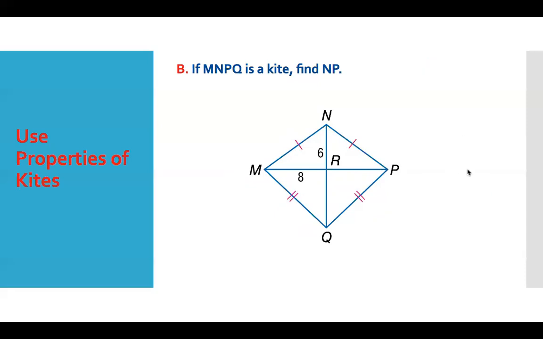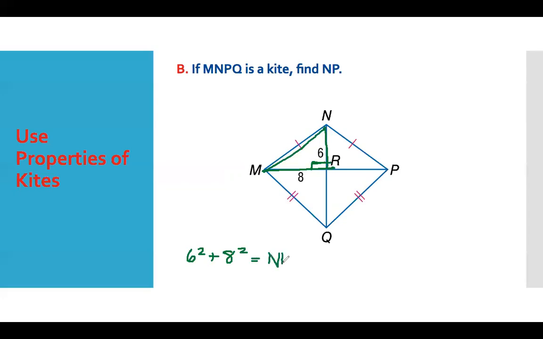Well, we know NP is the same as NM. What do we know about the diagonals in a kite? They're perpendicular, so right here I can put a right angle. Right? And then when I put that right angle, what does this become? This is now a right triangle, right? And if I know two sides to get the third, I just have to use Pythagorean theorem. So 6 squared plus 8 squared is going to be equal to